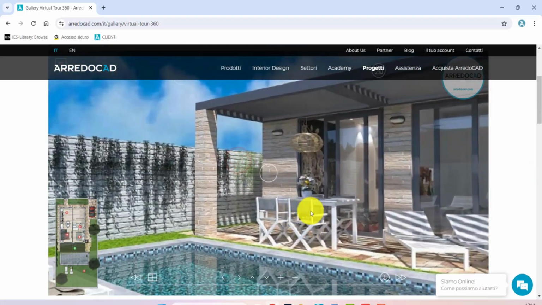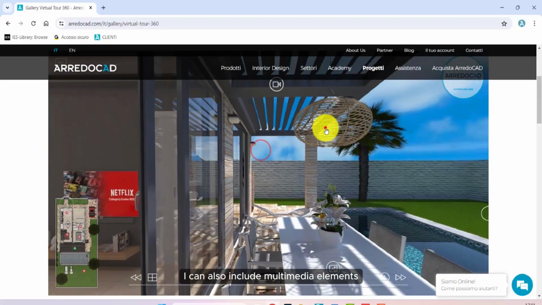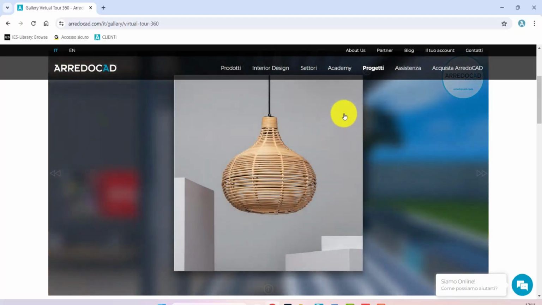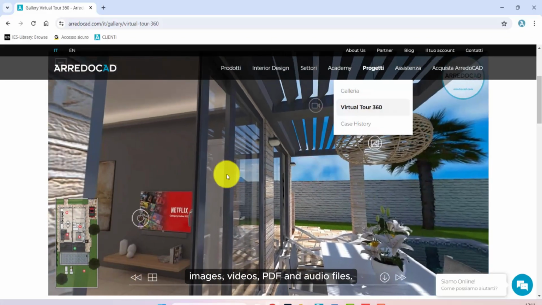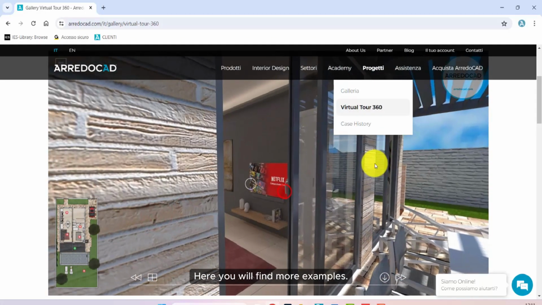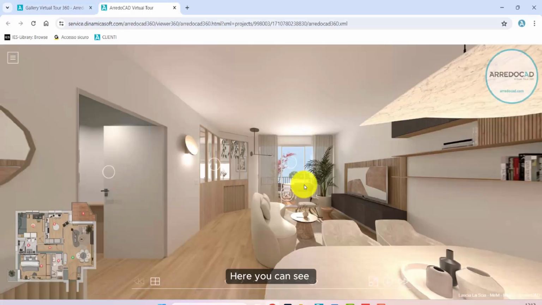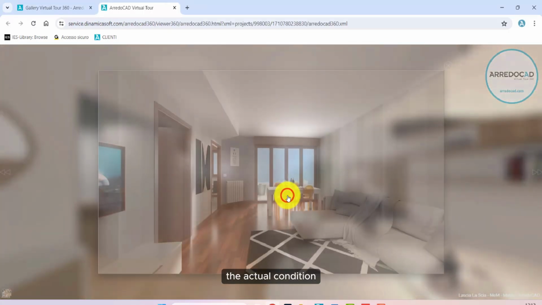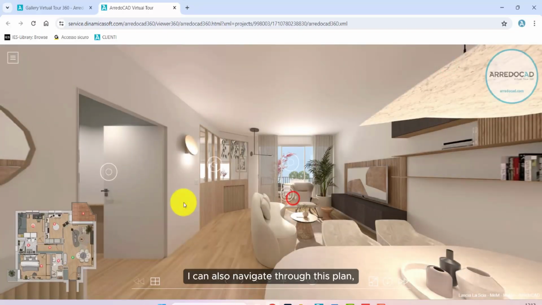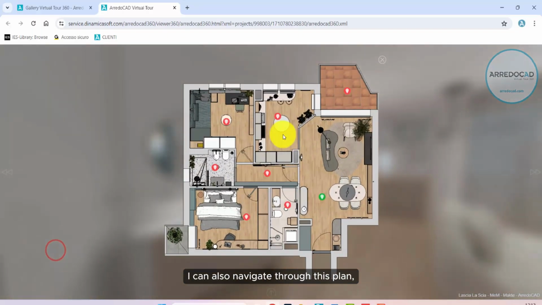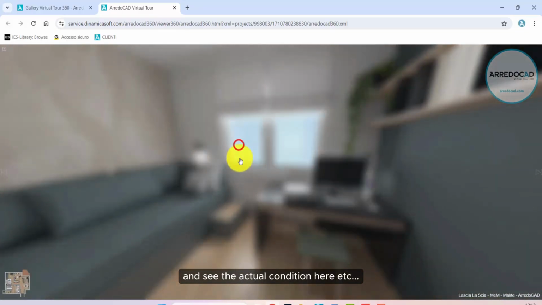tour of various spaces. I can also include multimedia elements, such as images, videos, PDF and audio files. Here you will find more examples. Here you can see the actual condition and then the project condition. Here too, I can also navigate through this plan, move from room to room, and see the actual condition here,